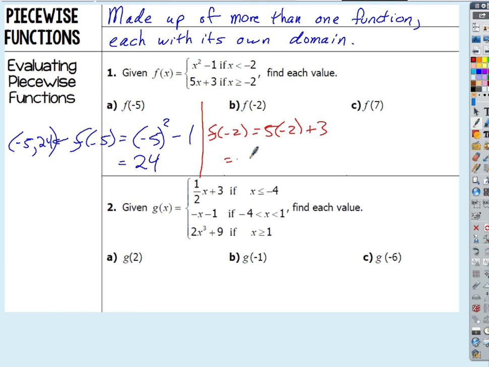-7, okay? And then finally, what about f of 7, top or bottom? Bottom, okay? 38. So f of 7 would be 5 times 7 plus 3, which is 38. Okay. So now let's talk about,